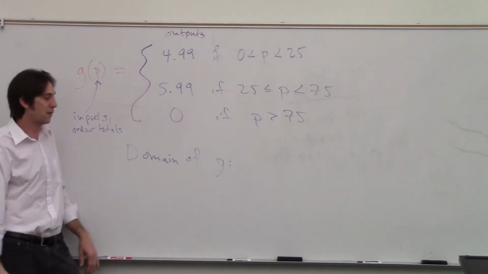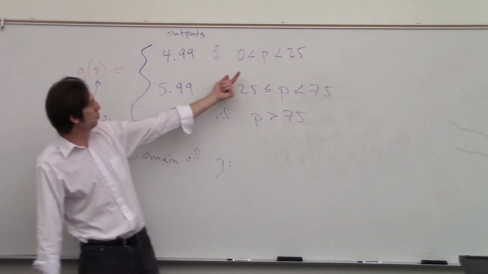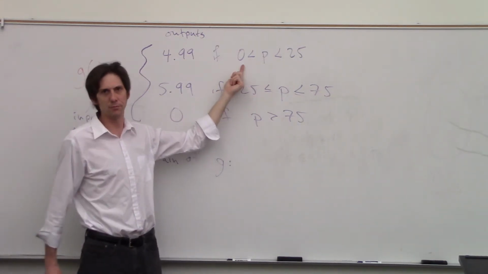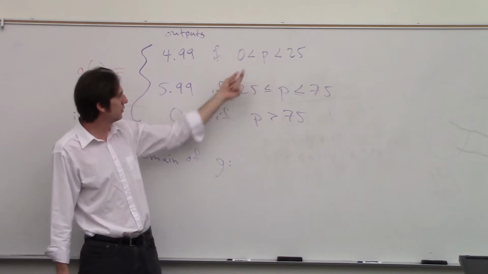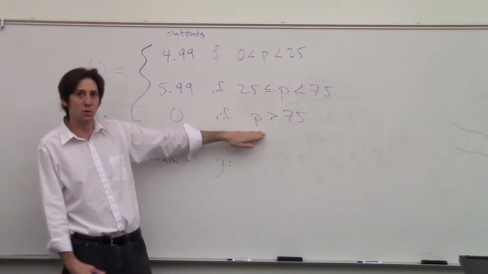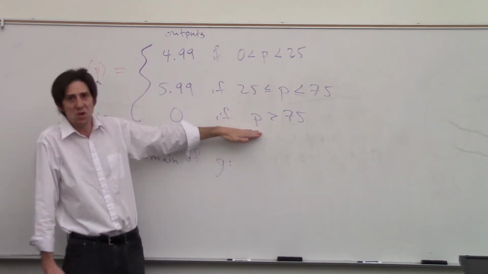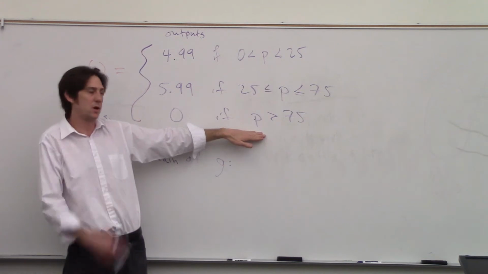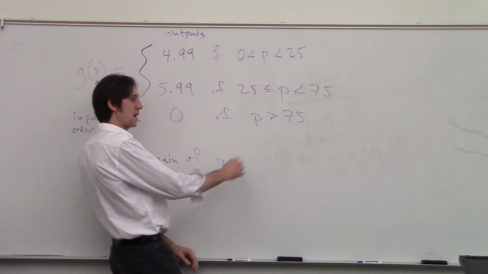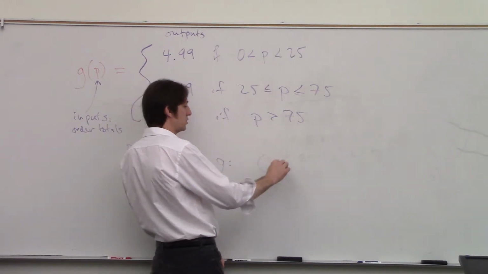The cost that I have to pay for whatever items I'm purchasing. And so here, if I look at the possible values for P, I'm assuming that I'm purchasing something, so the price that I pay is greater than 0. And then I might end up actually ordering something really expensive, and so there's technically no upper bound on the order total for me. So my domain here is that I want to consider p-values that are strictly larger than 0